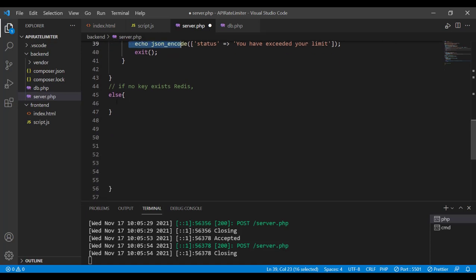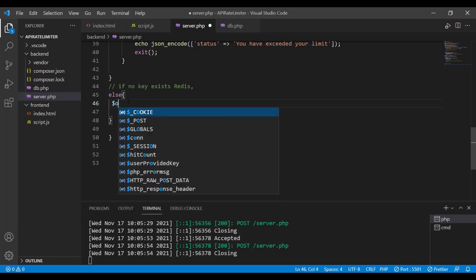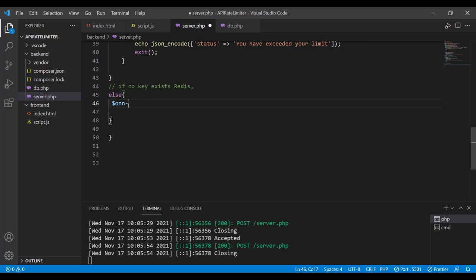In the else part, we have to define the logic if the key does not exist in the Redis cache. So if the key does not exist in the Redis cache, that implies this is the very first time that user has made the request. Therefore, we have to verify if the key provided is a valid key or not. So first of all, we have to go and talk to the user table and check if any such key exists in the user table. So we have to use the connection variable and call the query method, and the query that we are passing is,